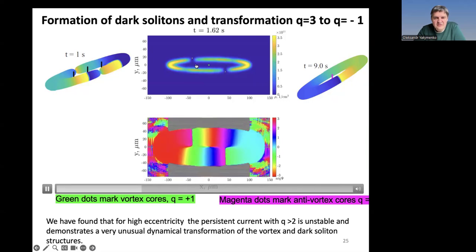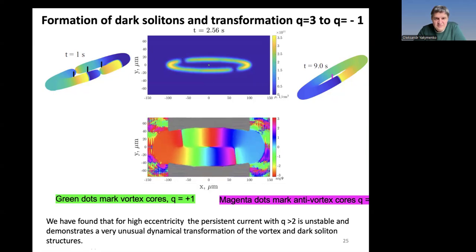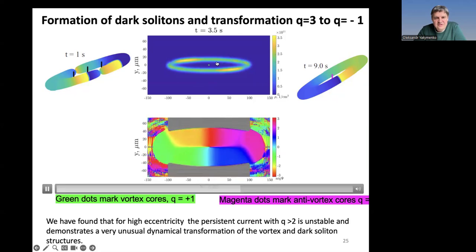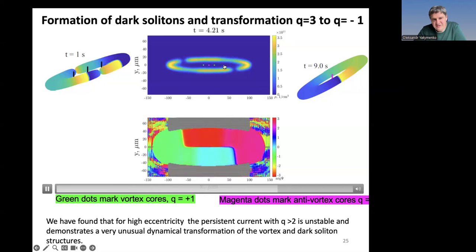The violet dots are anti-vortices. You can see, after some time, you have a vortex, but again this evolution transfers this vortex to an anti-vortex. So it means that like this, and this happens again, and finally, well, you have the anti-vortex, and after